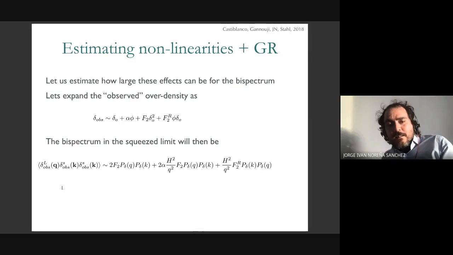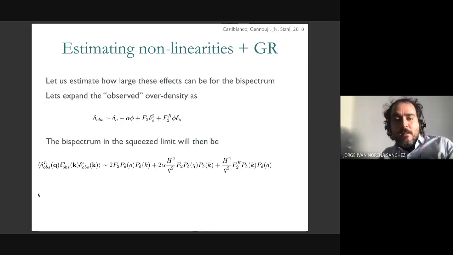So let's look at the galaxy 3-point function. So let's see what kind of signal can be induced by gravity that can contaminate the primordial signal. So let's start at 3 level. So imagine that this is my observed galaxy number density, which is given by some initial value plus additional effects. So this initial value, of course, has to be corrected by relativity. So I'm being very schematic here.